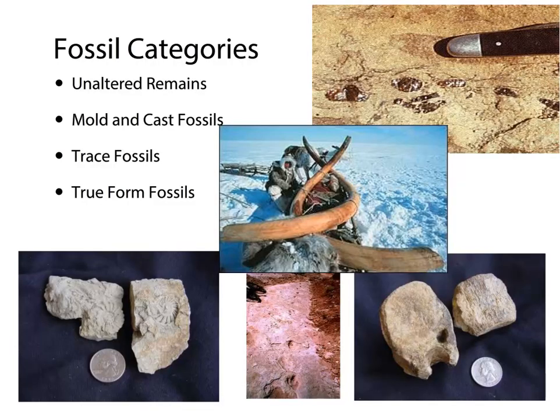Fossils can happen many different ways, and so they fit into many different categories. One example is unaltered remains, and a great example of this would be the woolly mammoths that have been frozen for tens of thousands of years and are just now, as the world is warming up, becoming discovered, okay? That's the true, actual fossil. You're not altering any part of it. Another great example of that would be amber. Amber is really good. Oh, let's talk about Jurassic Park, because this kills me. Amber is really good at preserving morphological details, in other words, what the creature looks like.